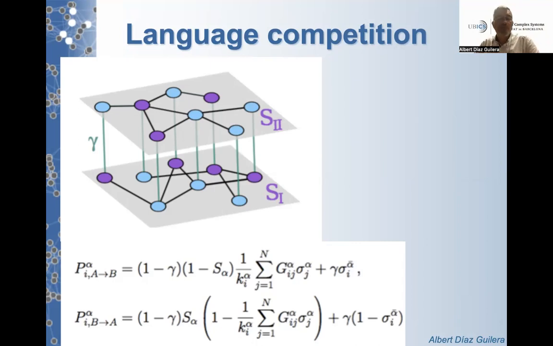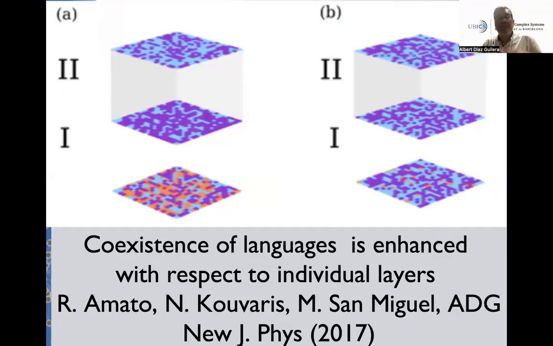This is the reason for which we put different colors in the different layers. And this gamma is a kind of inertia parameter, which makes you feel very comfortable with the language in one layer or the other, and then you are very reluctant to change it. So you can make this type of construction, and then what you define is the probability to change the language that we are using according to some parameters, which I will not go into detail about. But here, the basic conclusion we get is that